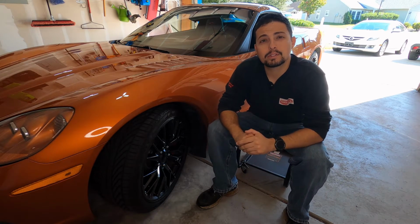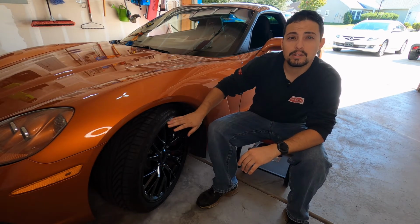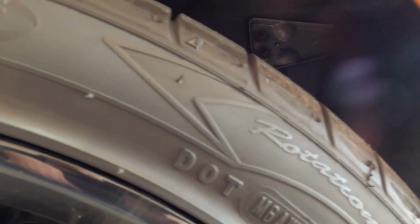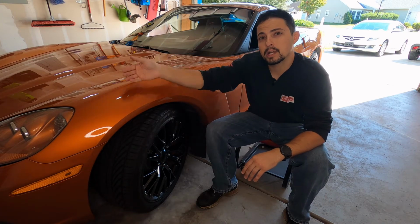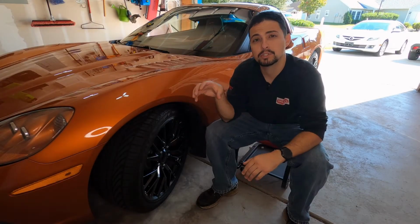Now let's talk about tire rotation direction. In the event of these tires, they have a symbol on the side of the tire that says rotation with an arrow. That means that those tires have to be turning in that direction at all times. You cannot move that tire to the other side of the car, because if you do, that arrow now is pointing the opposite direction. And the reason for that is actually because the manufacturer designs the treads specifically to go